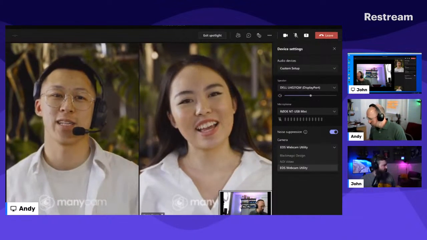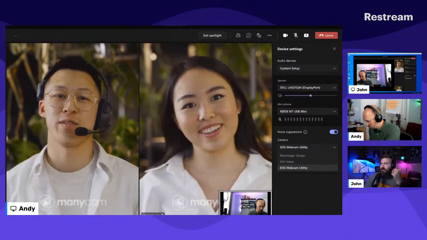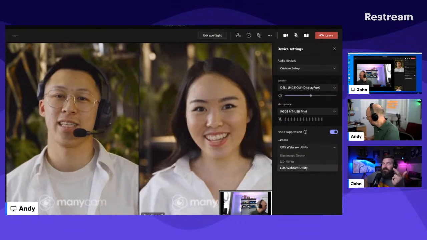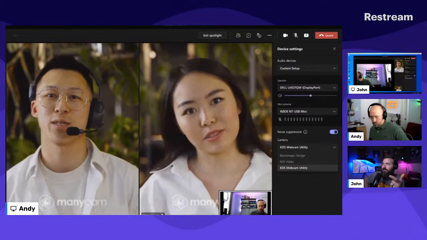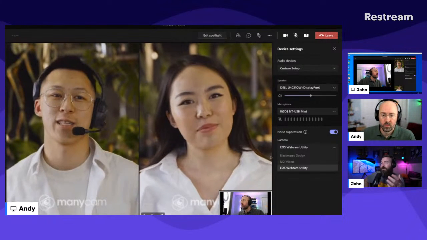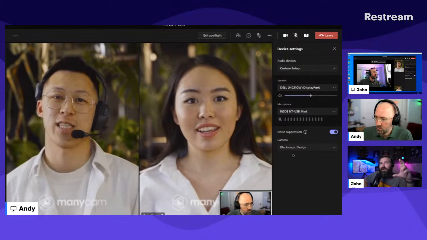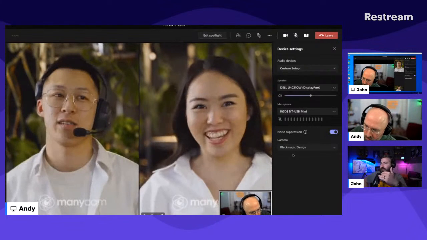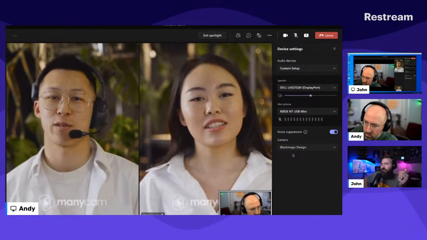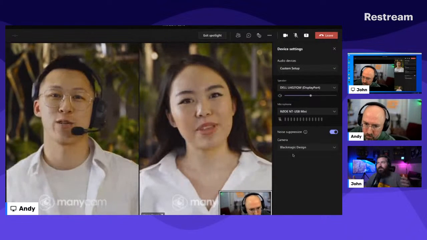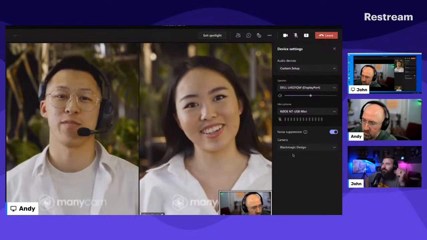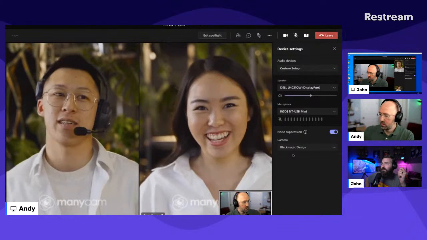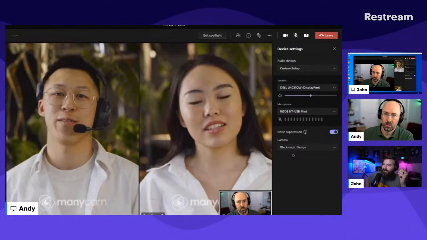Unfortunately, my two little cameras, my GoPro Max, does not work for that. I have a 360 camera for that. And then my DJI Osmo Pocket, I've got the first generation. That one also doesn't support it. I was hoping that if I could get the Osmo Pocket to do face tracking and HDMI out or a webcam output, then it'd be like you, Andy, where you've got the Ronin. Then I could have a Teams camera that would follow me around. But unfortunately, the Osmo doesn't do that. So you've got to go with something like a Ronin and HDMI capture.